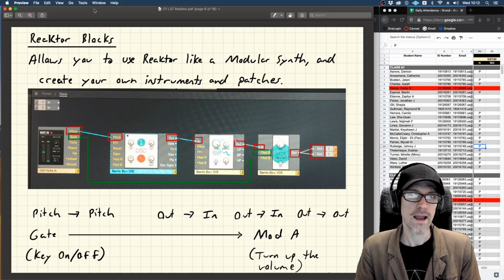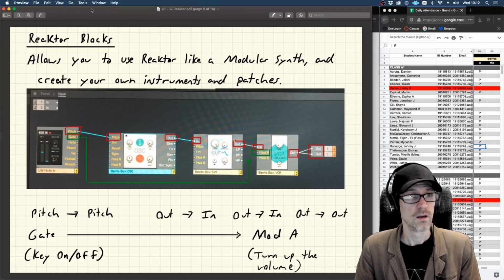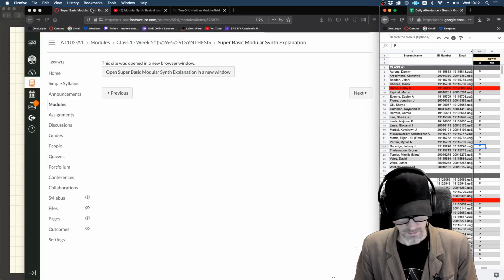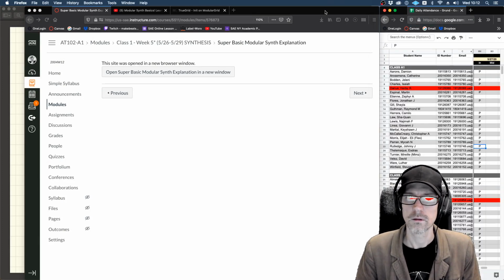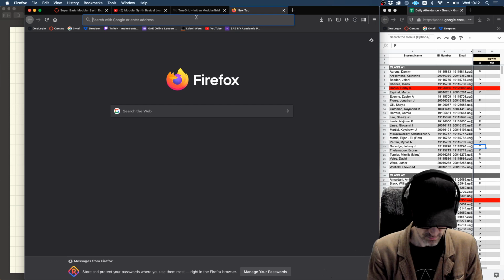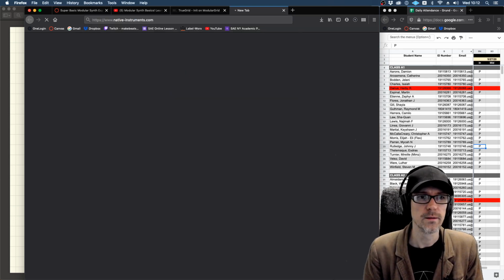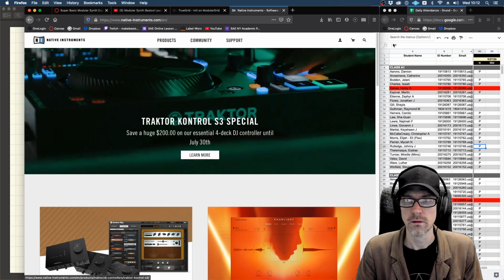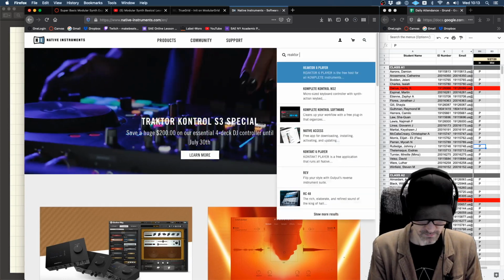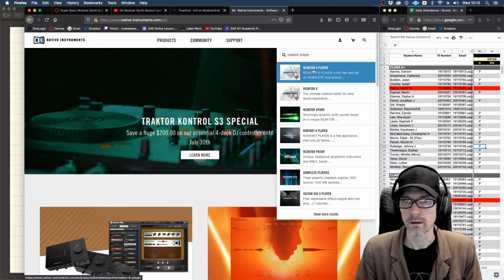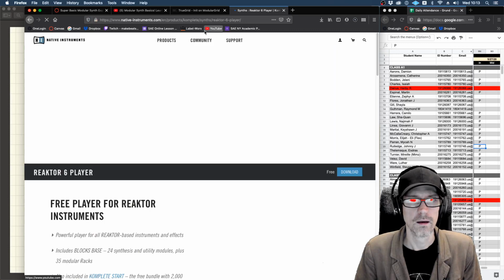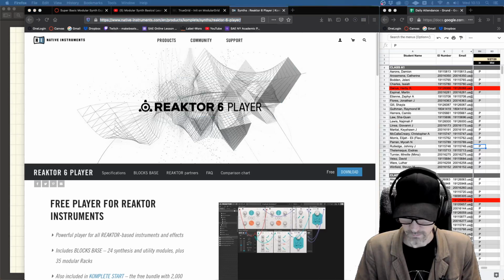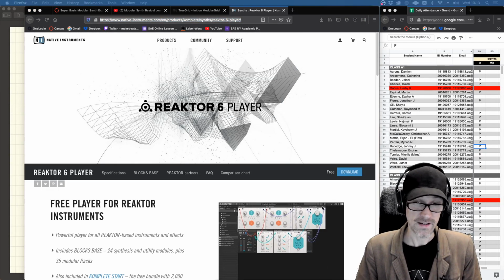And so the Reactor I'm going to show you, and if you download Reactor, you should definitely download the free version of Reactor Player if you haven't already. Here, I'm going to put that in here. Whoops, not you. Go to Native Instruments. I highly recommend that you get the Reactor Player. There we are. I'm going to put this into the chat here. There it is. This is a free download,